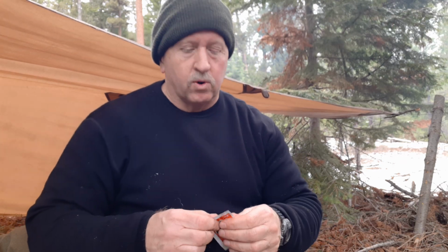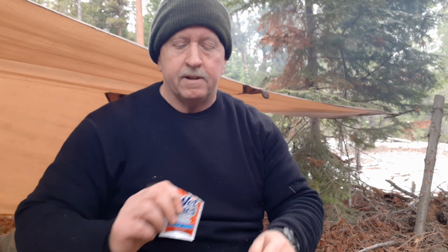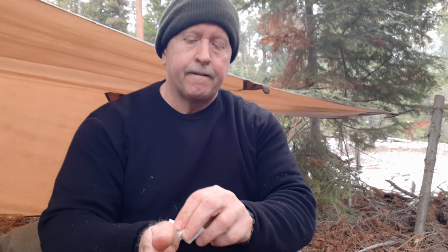I want to show you guys, I've showed this in another video, little trick. I carry these wet ones. They work really great for sanitizing your hands if you've had to handle some bad stuff out here. They also do a really good job of getting pitch off your hands. So like right there, I've got a lot of pitch. So I'll clean that up pretty good. But I carry these inside the pot. I'll always have a bunch in there because